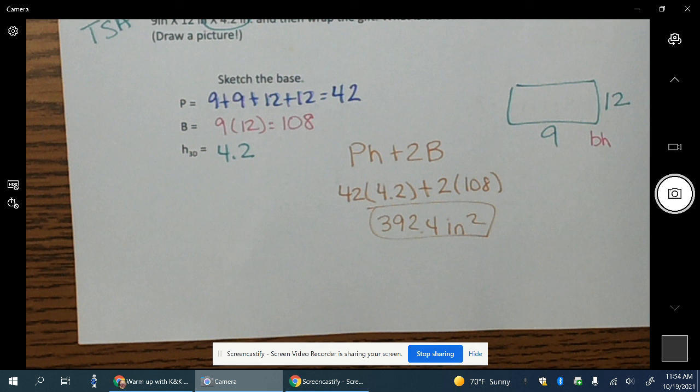All right, so that is all we're doing. We're doing exactly what we did yesterday, but now we're adding it into the formula. So you can fold the bottom where it's white. If you look at the paper I gave you, there are